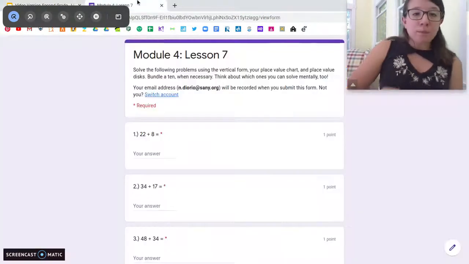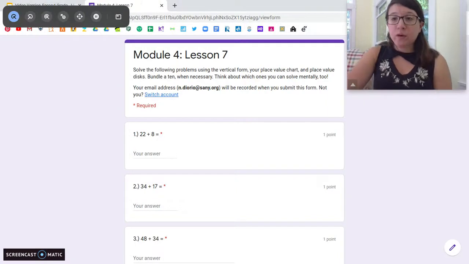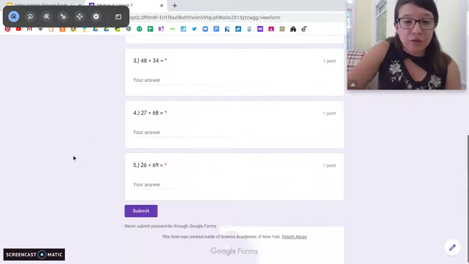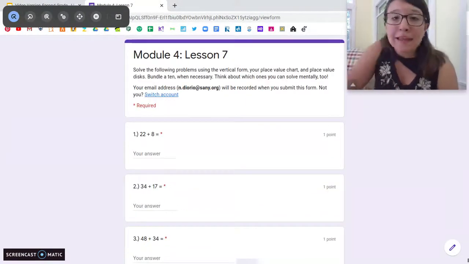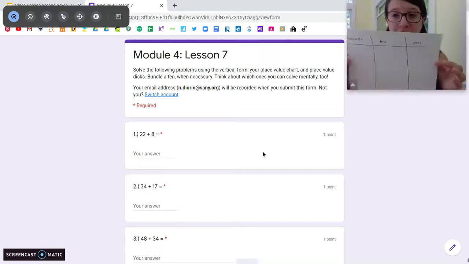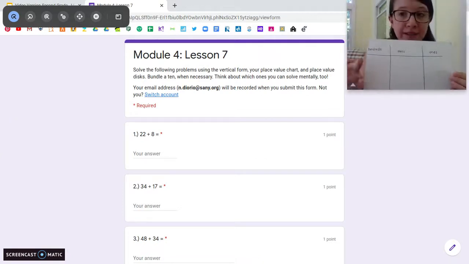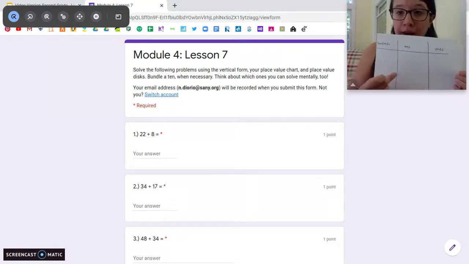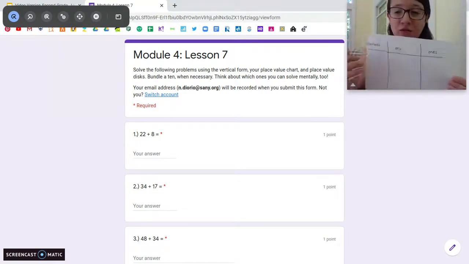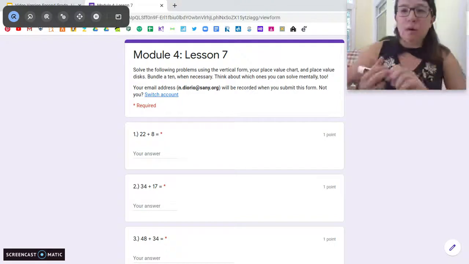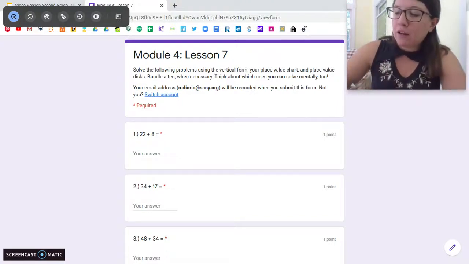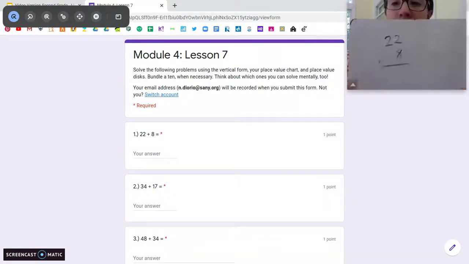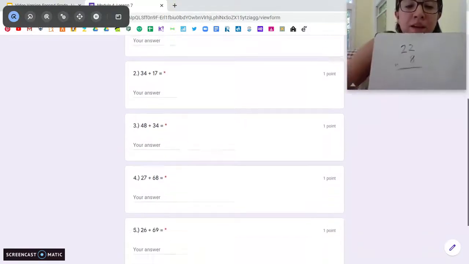Okay? So for your exit ticket today, you're going to go through these 5 problems. Make each of them on your place value chart. When you can bundle a 10, remove the 10, add it to your 10s place. Okay? I want you to practice writing these on your paper, on a separate sheet of paper in the vertical way, just so you get used to it. Okay, so take the time and write each of these